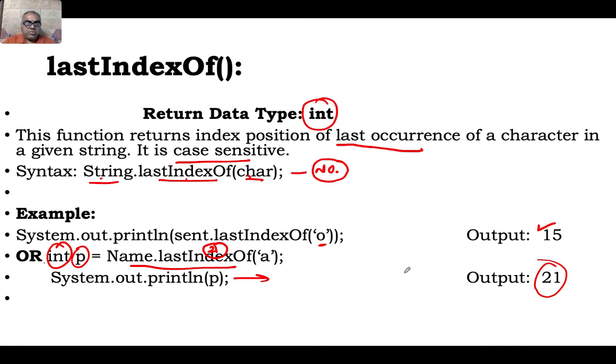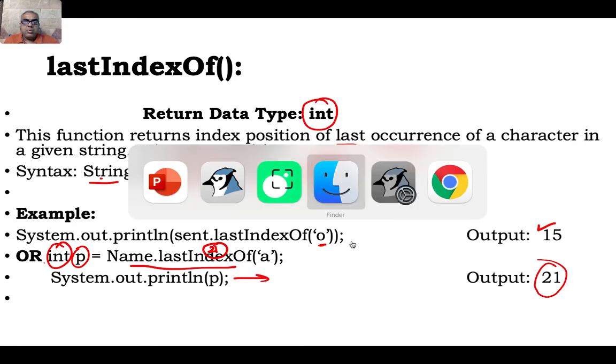There are other options also available to find characters in between, but that's not part of your portion, so you should not worry about it. For indexOf it will be the first occurrence, lastIndexOf will be the last occurrence. Now let us get into the